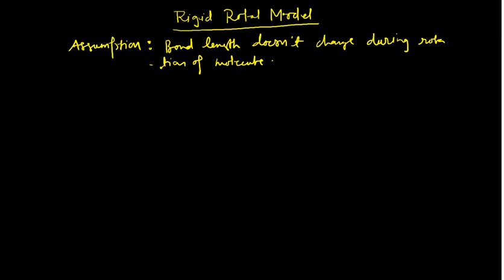In physics you have studied two body problems, two bodies connected by a rod, a rigid rod rather, and these two bodies are rotating with respect to each other. But these two body problems are not easy to solve. So here you can see what I am trying to say. For example, say this is one body, this is the second body, and they are connected by a rigid rod.